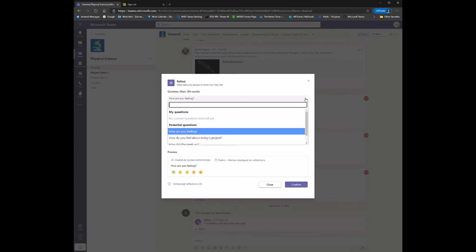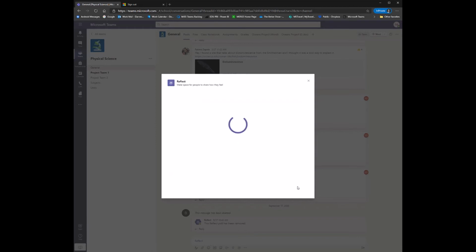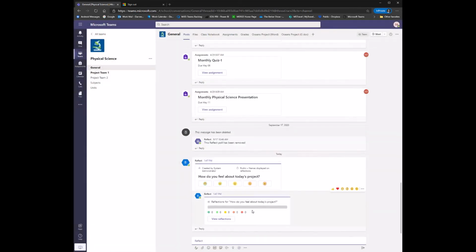Now, as a teacher, I'm going to post something to my students. How'd you feel about today's project? Have them send it right now. And you can see that I was able to communicate with the bot instance in Azure that we deployed just a minute ago, and everything's working fine. So I am feeling pretty good